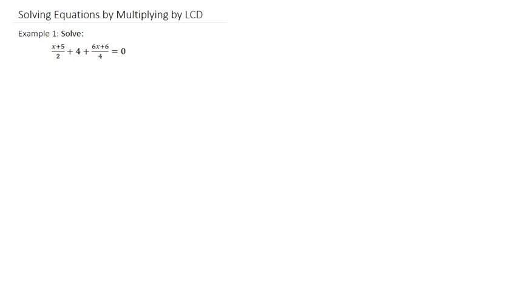Solving equations by multiplying by the least common denominator. Example 1, solve for the following. We have (x plus 5) over 2 plus (4 plus 6x plus 6) over 4 equals 0. In order for us to solve this, we are going to multiply each term